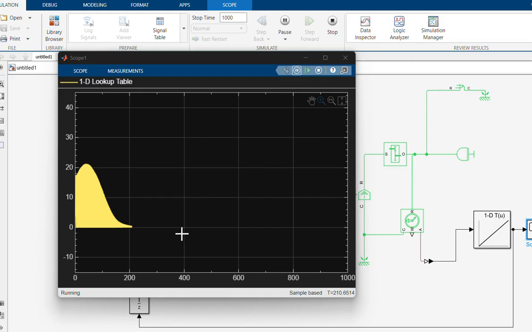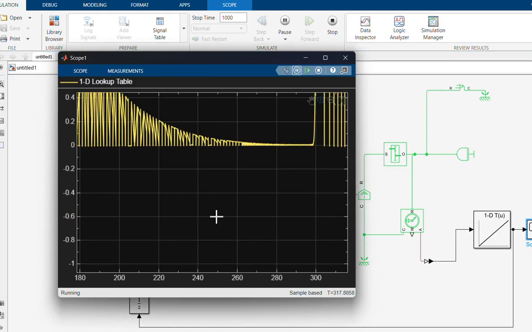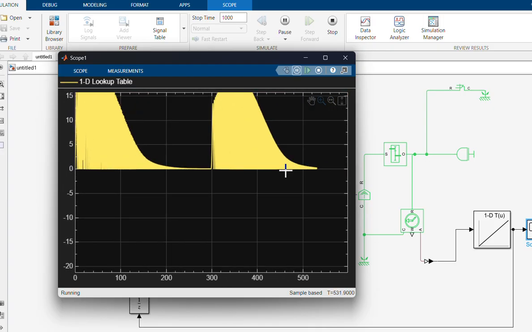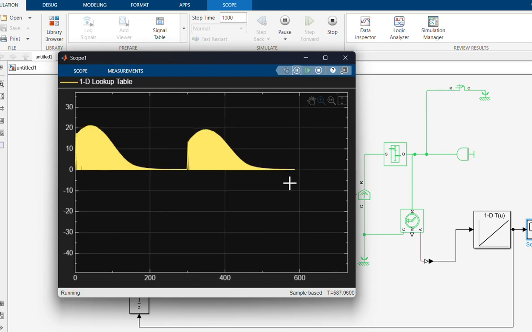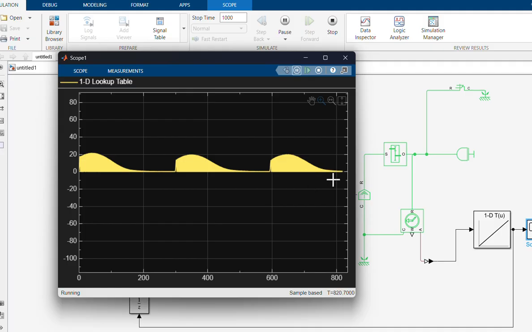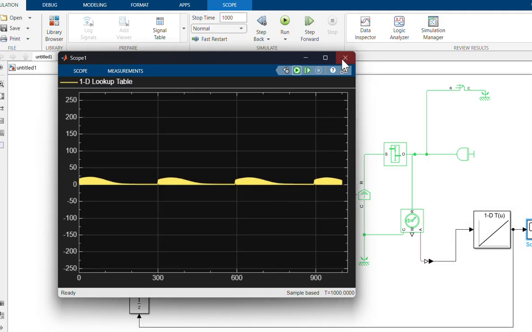Scope is going anywhere. It's going to 0. Oh, it is frequently shaped like this. There's something wrong in here.